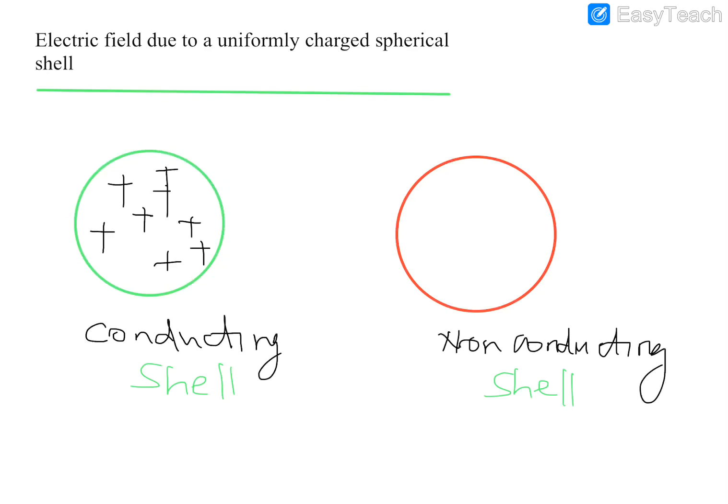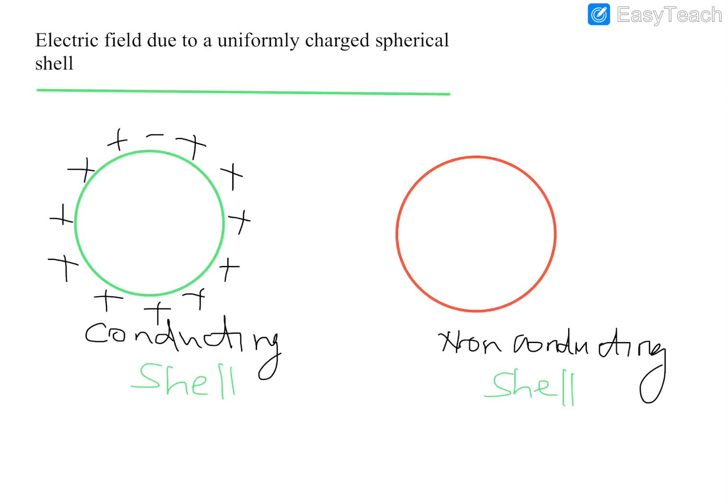So if you charge this conductor, all the charges will move on to the surface, and hence within a certain fraction of time, all the charges will reside on the surface. So you charged the conductor, all the charges moved, and you will get a conducting shell in such a way that all your charges will be on the surface. You charged the shell, but suddenly all the charges will move on to the surface. This is the case for a conductor.